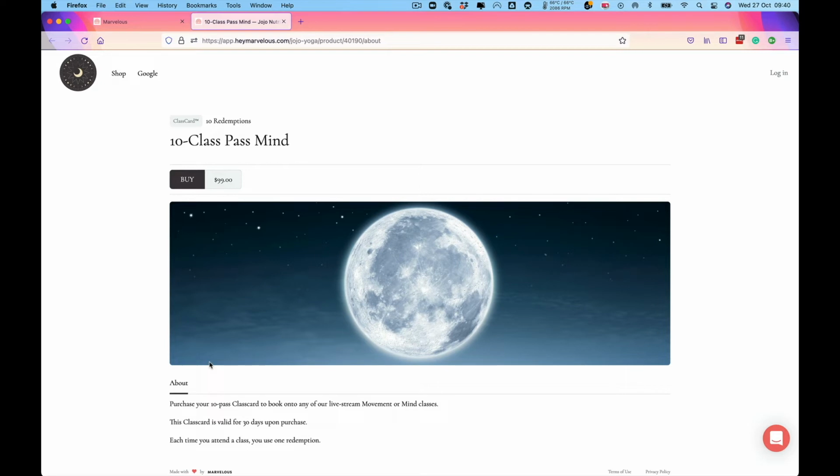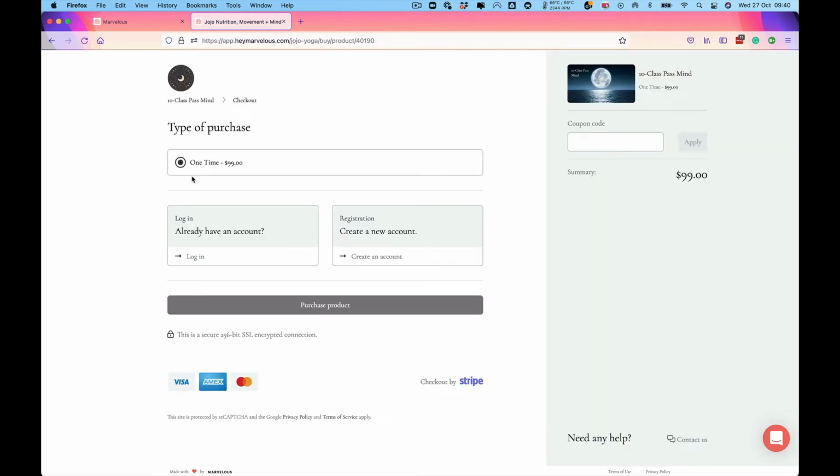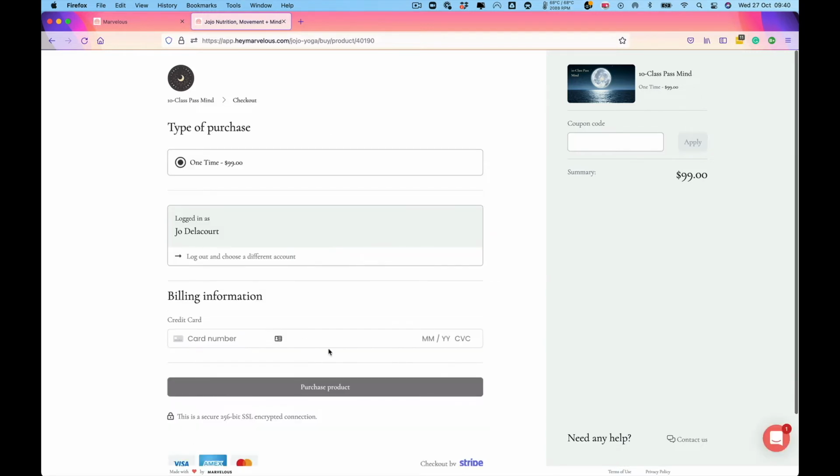Like this. When I click buy, I'm taken to the checkout page. A customer can log in if they've already got an account or create a new account before they purchase the product. If you give them a coupon code, this is where they would put the coupon code in and click apply. Once they've logged in, they would complete their billing information and then click purchase product and return to the